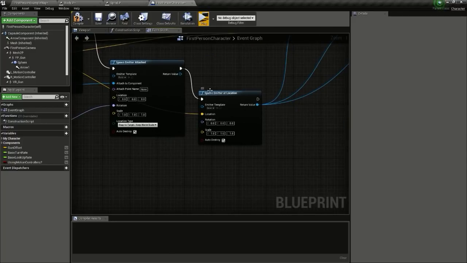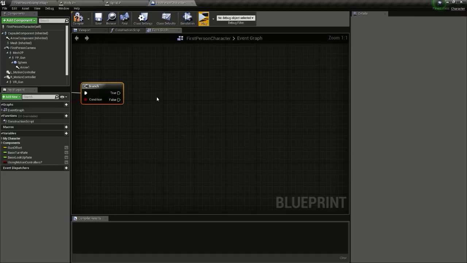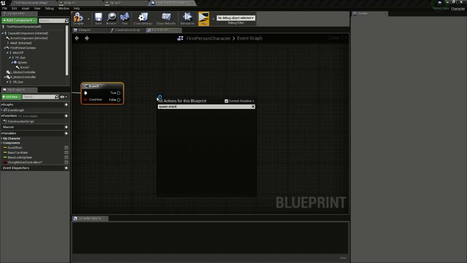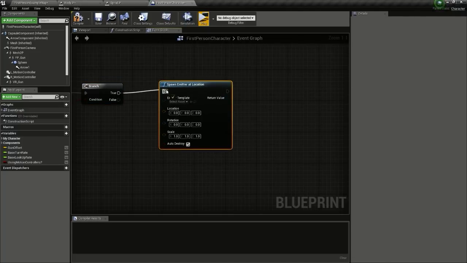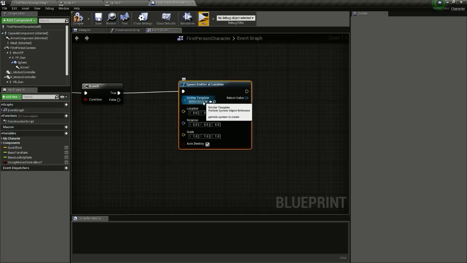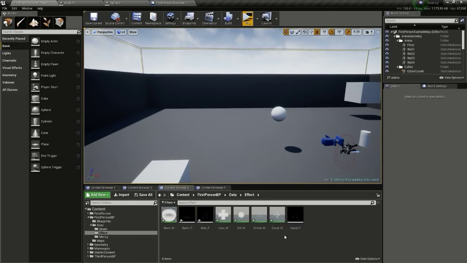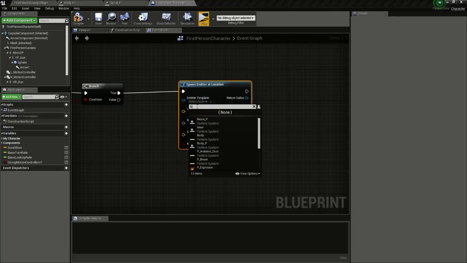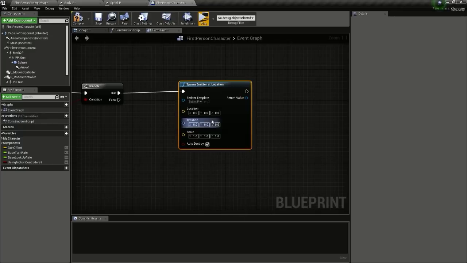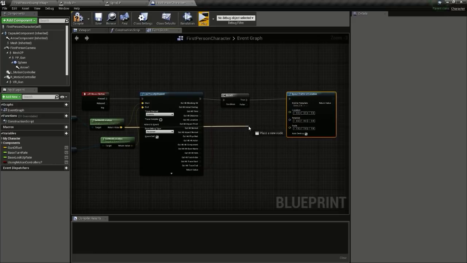So the first emitter we are going to spawn is the beam emitter. So right click and type in spawn emitter. Spawn emitter at location. Then connect this to true, and for the asset we will select the beam underscore p. Now for the location we will give the world location of the sphere,